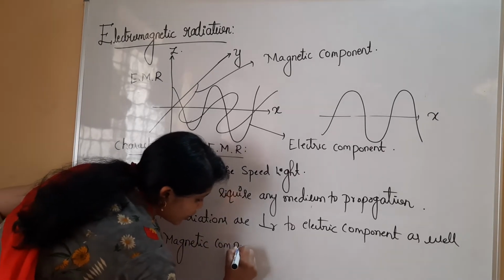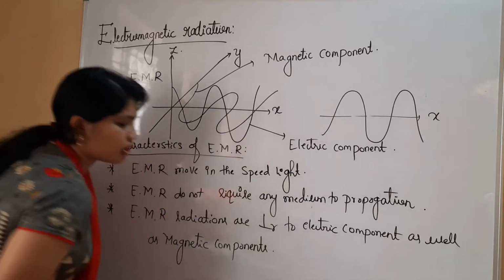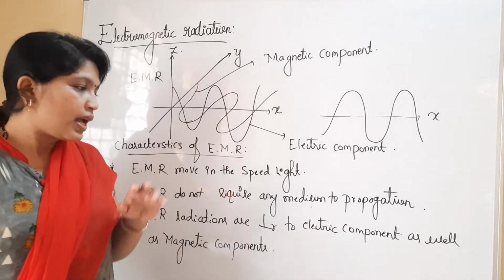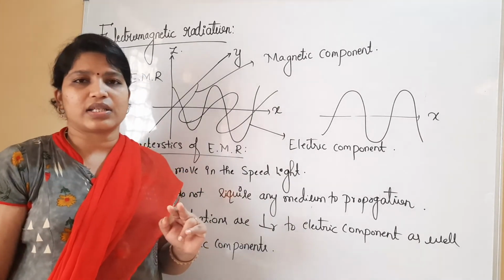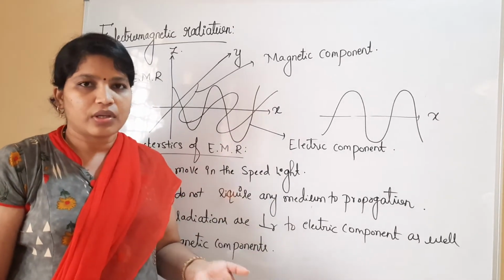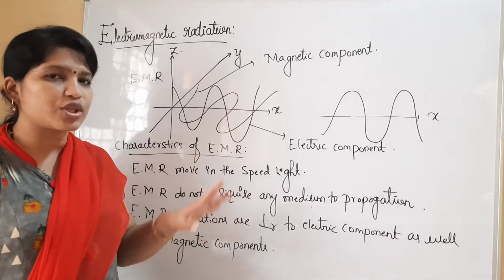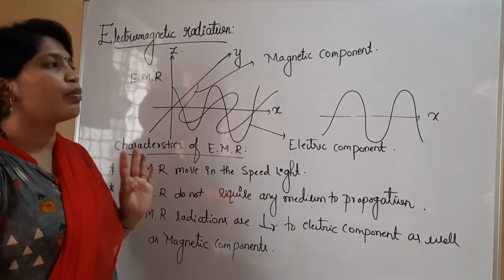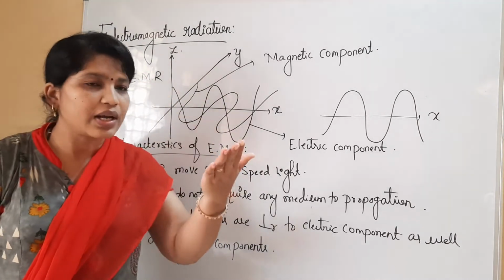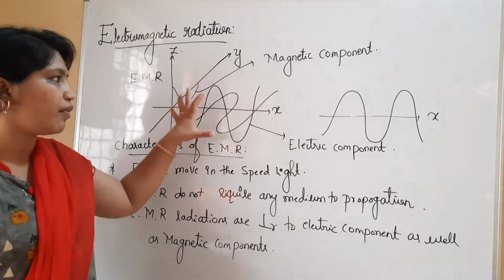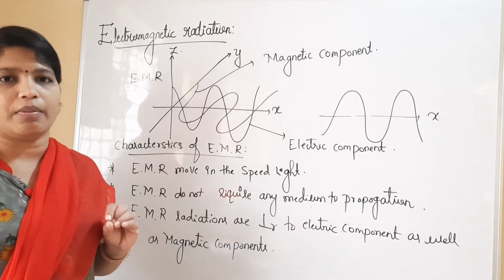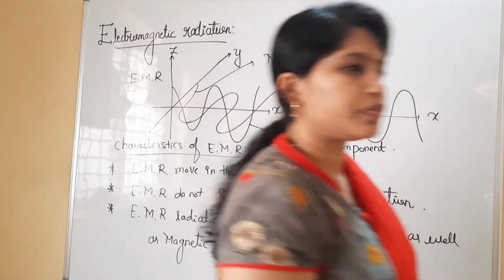In the examination they may ask you to write any properties or characteristics of electromagnetic radiations. Then you are supposed to write at least 2 characteristics for 2 marks. If you are writing all the 3, it is well and good. You are going to get 100% marks. That is a 2 marks question. This representation is not the most important, but in order to make you understand the terminology, I have given this diagram. But these are 3 important points you need to remember. Copy this, we'll move to the next.